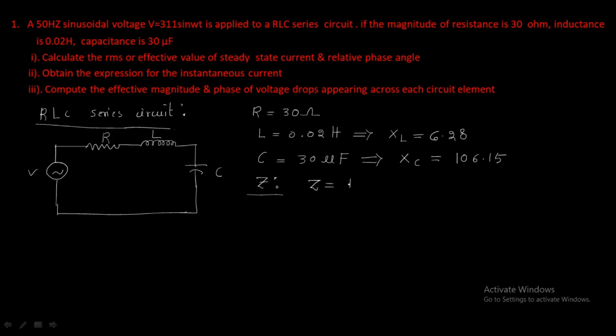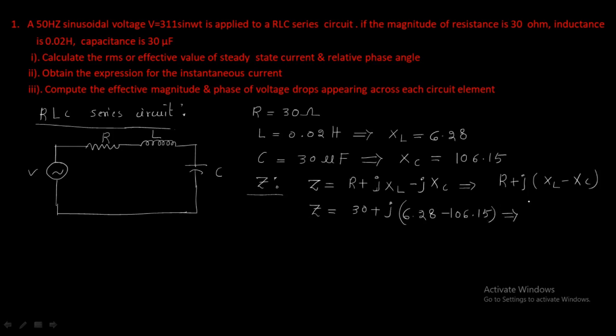Impedance can be written as R plus, for the inductor, inductive reactance, which can be written as jXL. The capacitor has capacitive reactance, which I can write as minus jXC. Simplifying this, we get R plus j times (XL minus XC). So simply write all the values: R equals 30 plus j, XL is 6.28 and XC is minus 106.15. By simplifying this, we will get